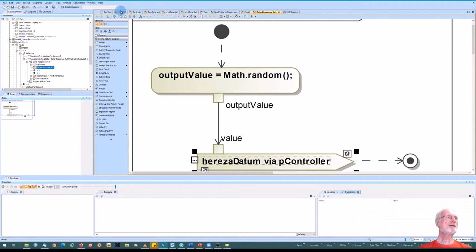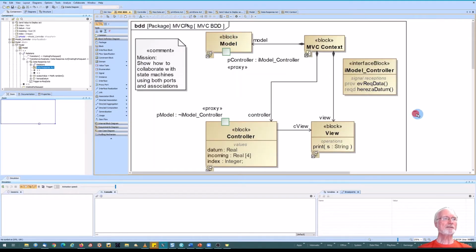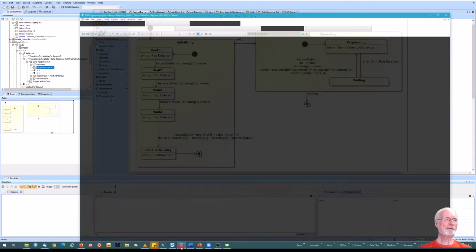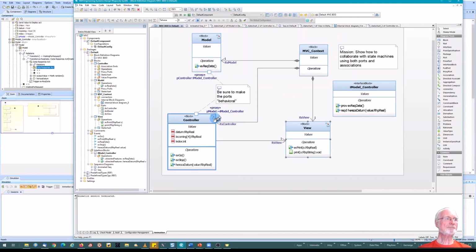Let's go back to our BDD. Let's look at the controller. The controller state machine looks very similar to what we had before. There's initializing, and then there's operating. But remember what the Rhapsody model looked like, right? In the Rhapsody model,